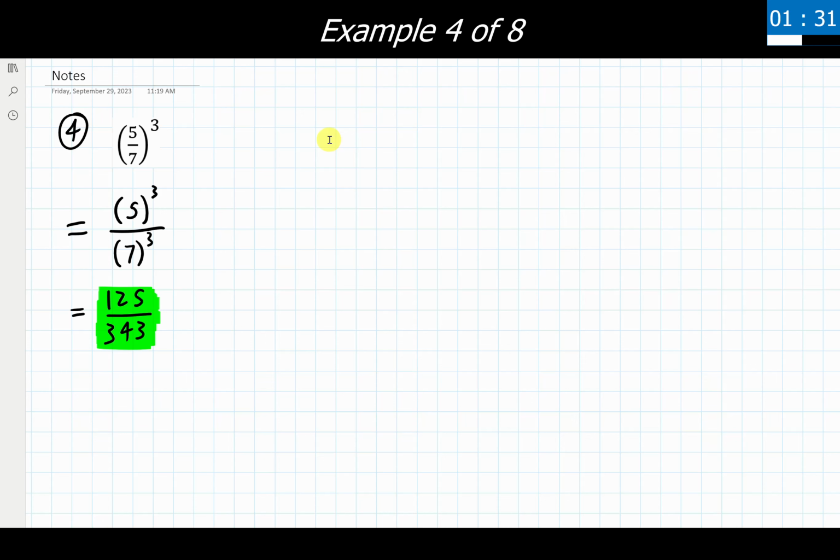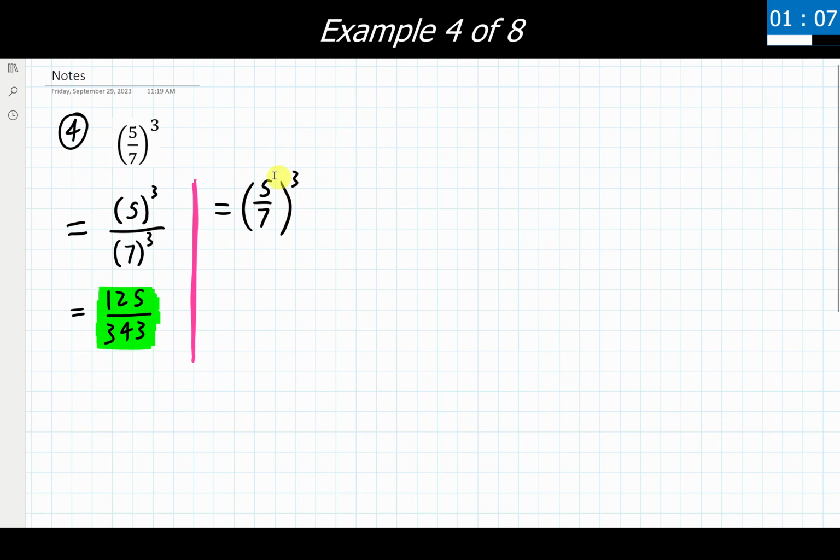Now, as an alternative method that we could use, this is not relying on our exponent properties that we're learning. It relies instead on us expanding and multiplying these things together. It's perfectly valid, there's nothing wrong with it, but I'll let you be the judge of if you want to use this method or not, because I think it takes up a little bit more space than we might like.